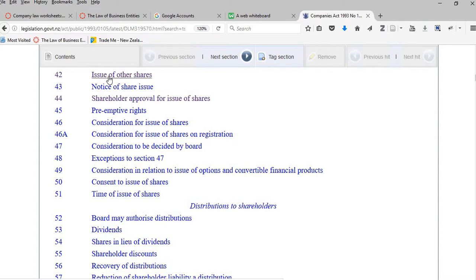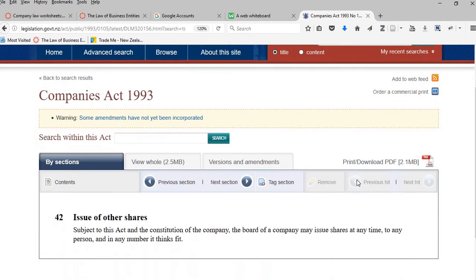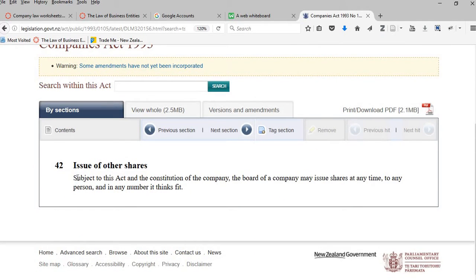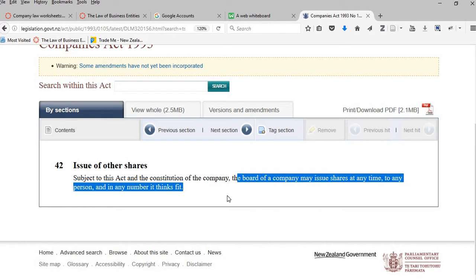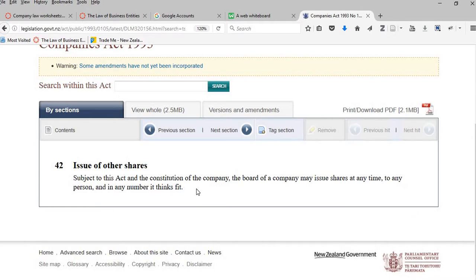Now, the first thing about issuing of shares under section 42, which is where we tend to start with this, is subject to the Act and Constitution. The board may issue shares at any time to any person, any number it thinks fit. Now, you do want to consider this in terms of your assignment. Do you want to limit this power under the Constitution? Because if you don't, the board can simply issue as many shares as they like,